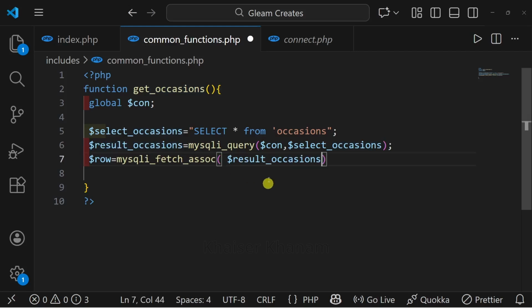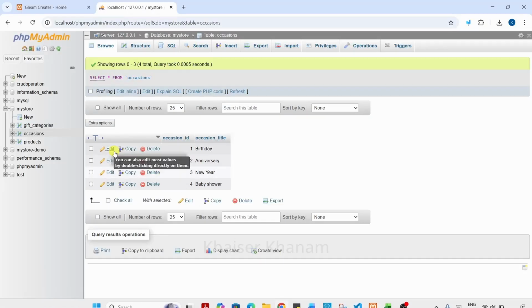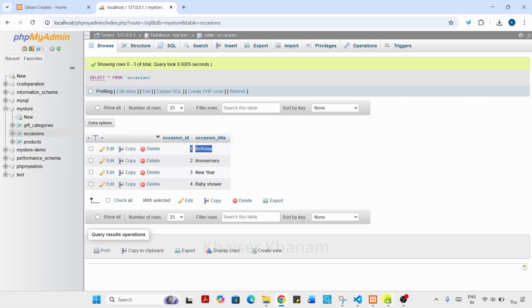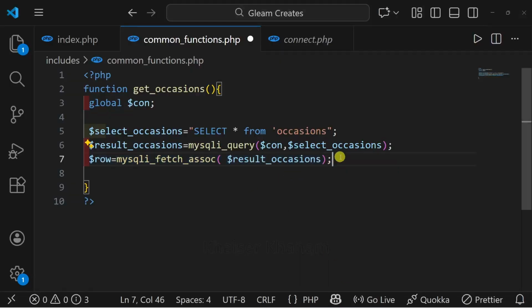Copy and paste. So using this we are executing, and finally we are fetching our entire data. Now if I write this, only the first row, whatever row data we are having, only this data will be assigned. Later on we are going to access all the data, but as of now,